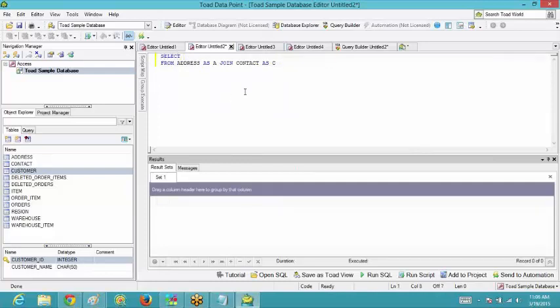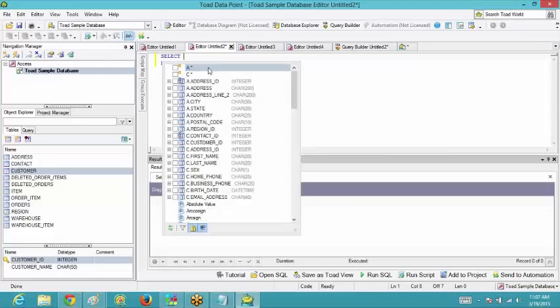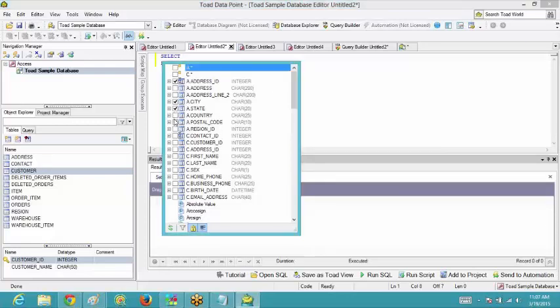Okay, but still I have to write down the type of join that I need to do. Okay, over here I have just written the join. Now suppose I want to do the inner join, so let me write inner over here. Okay, now what all things do I want to select from this address table? I want the address ID, then I want the city, then the state, okay, and suppose the country also.